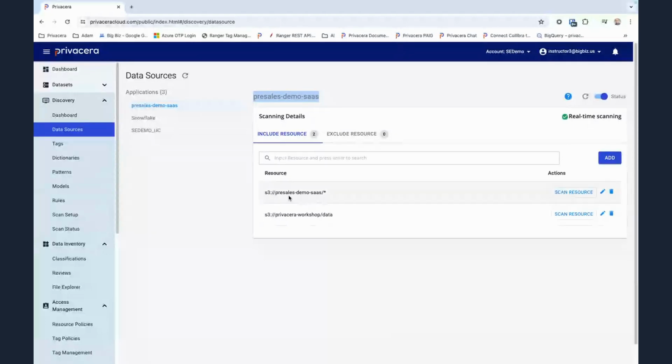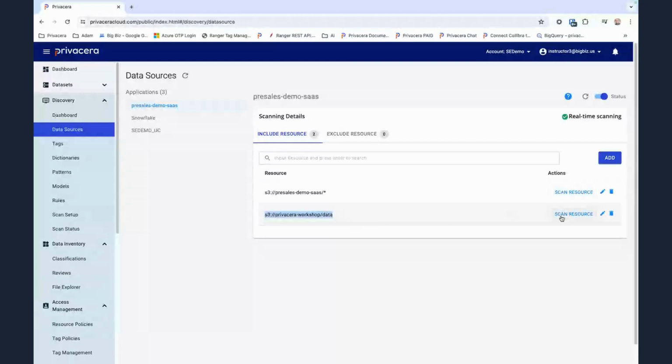This one says the pre-sales demo SaaS bucket with everything underneath with a star, and then S3 Privacera workshop data, just that folder, and it stops there. There's no slash or star or anything. So this is just going to scan the data folder,